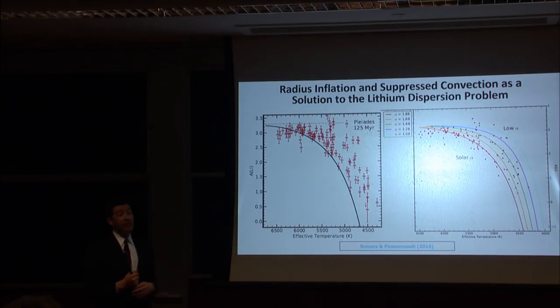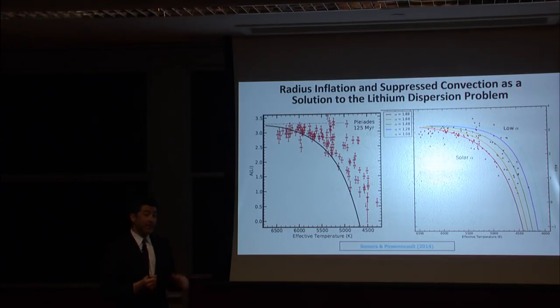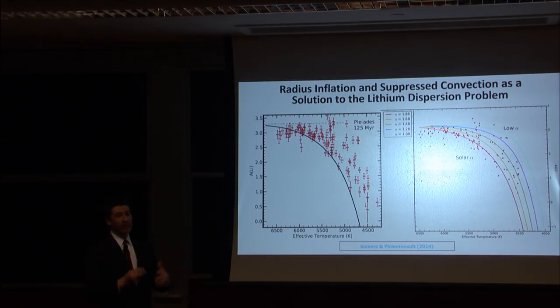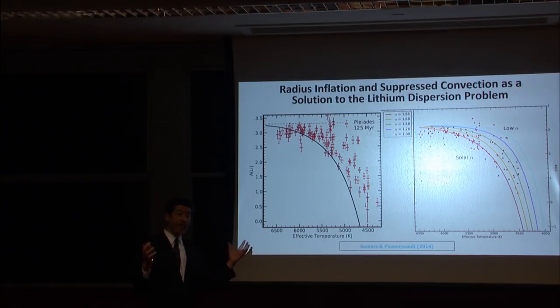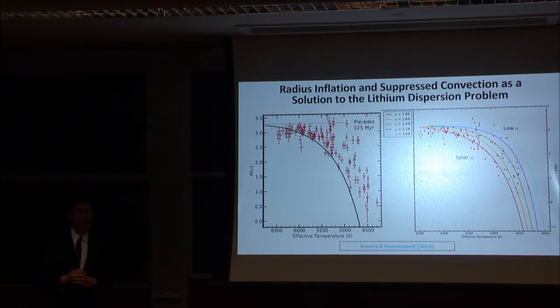So we didn't look at planet accretion here at all. This was just taking the simplest, star-only approach: we know that these are spinning fast, and we know that their radii are larger. Now if you deposit a planet, you can pollute the surface with lithium. I haven't thought through the angular momentum. Can you spin the star up by a factor of 10? That sounds unlikely to me, but